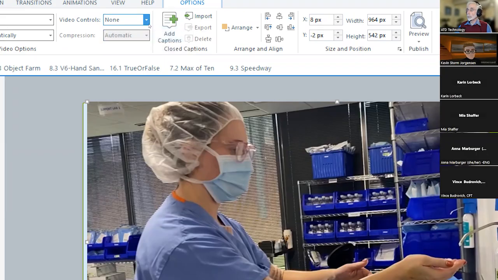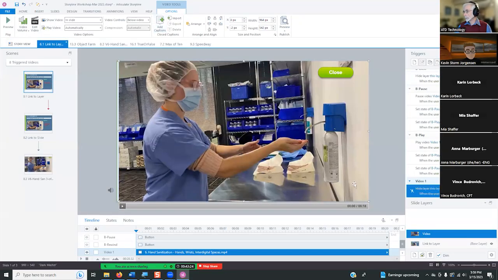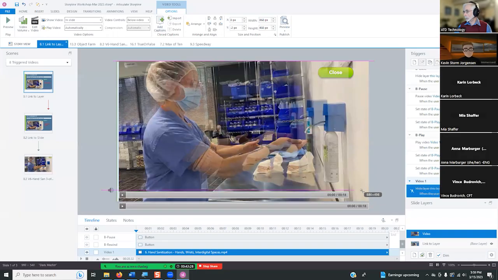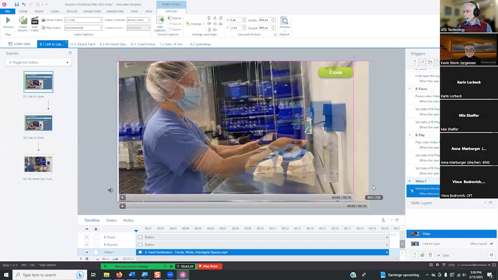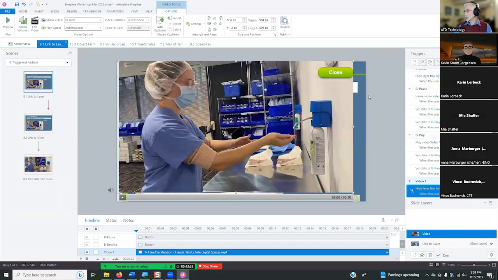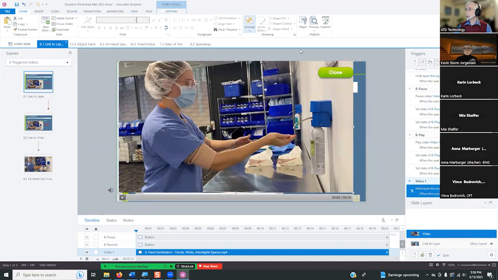The problem, what I found unacceptable, was that to get the seek bar on the frame, the video itself is no longer filling the frame, and I found it unacceptable to have this dead space over here. Now, I also tried to do this with a different player.